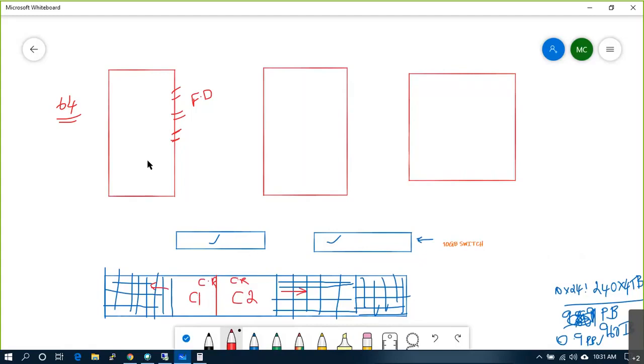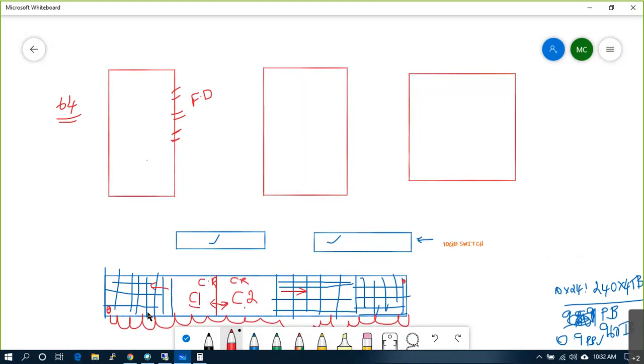But your systems cannot directly talk to the hard disk. They can only talk to controller 1 and controller 2. These two controllers can talk to all the hard drives because everything is interconnected in the backend. Even controller 1 and controller 2 are interconnected, and all the disk shelves are interconnected to each other. That is the configuration in the backend. It means controller 1 can access this drive, and controller 2 can access this drive as well.